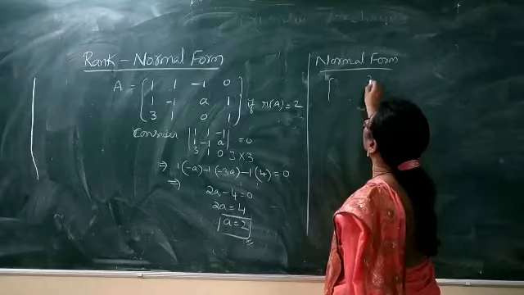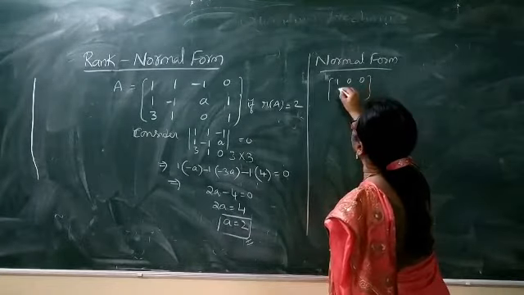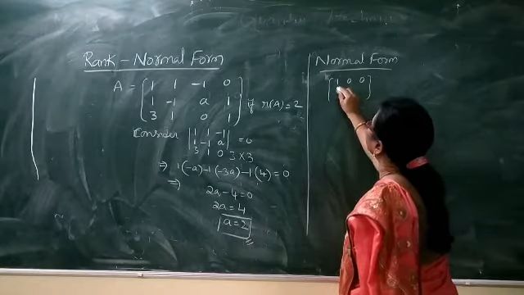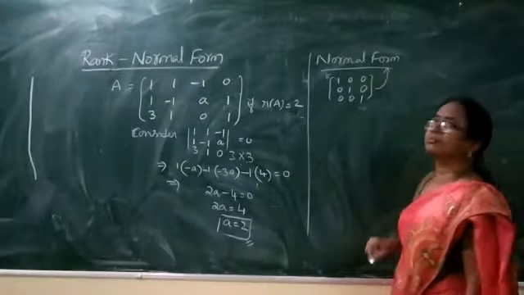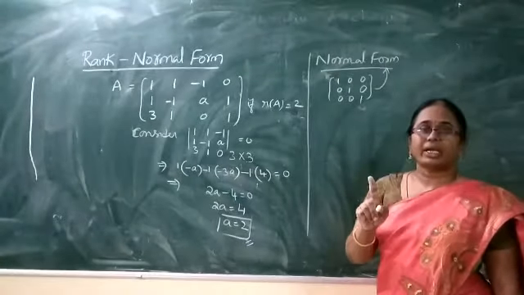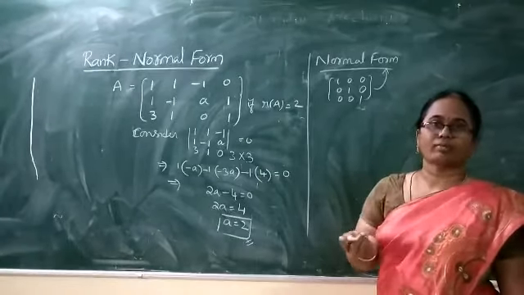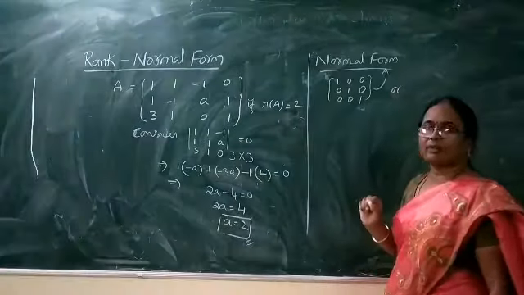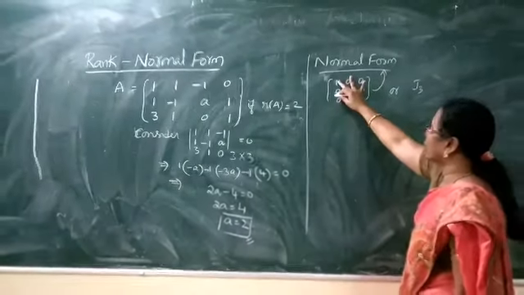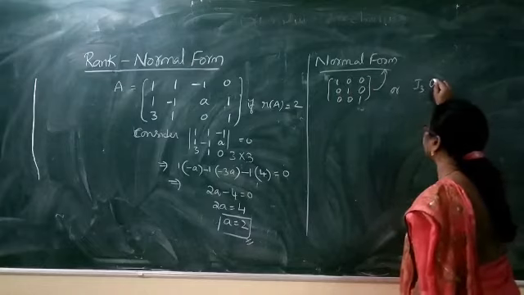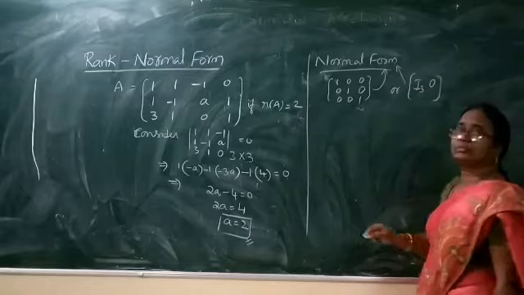Suppose for example we have an identity matrix of any order we can choose. For instance, if I choose the identity matrix of order 3 by 3, it is 1 0 0, 0 1 0, 0 0 1. It is called the normal form. So remember, every identity matrix of any order can itself be called a normal form. Or otherwise the alternate forms. Because it is I3, I am writing this I3 along with the 3 columns. We may have a column of zeros. This is the 0 column. This is one of the other expressions of the normal form.